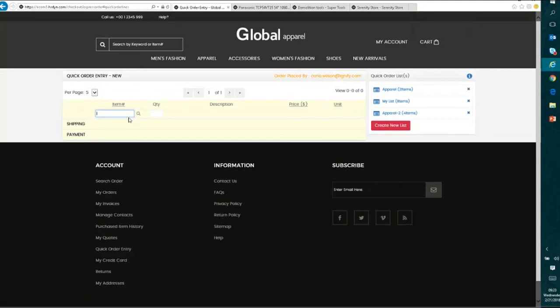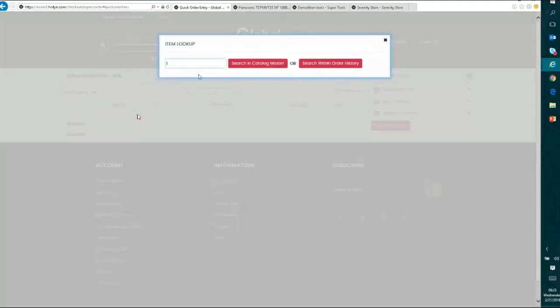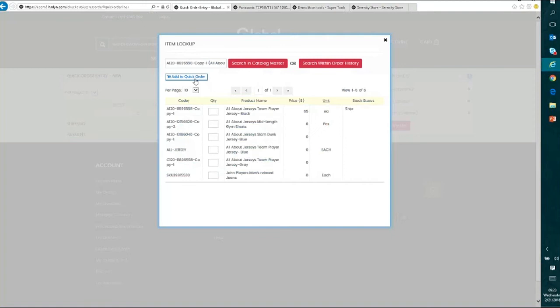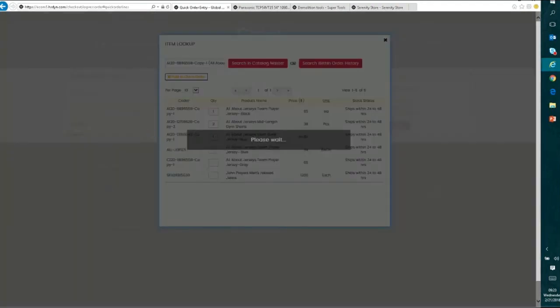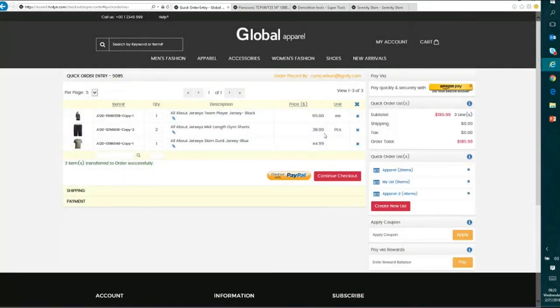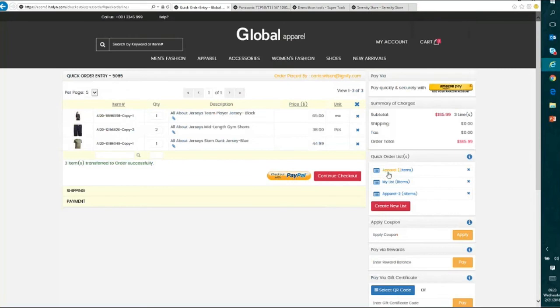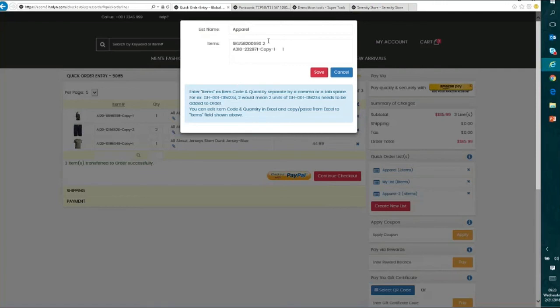I could just key in an item code, or I could search based on different keywords. So if I look for jersey, I can see all the products, and it'll basically show me options that I can actually select. It shows me the different options available. I can select multiple quantities, and I can add it to my quick order screen, all from this one screen out here. I can also go ahead and manage these ordering lists, and the list is as simple as item